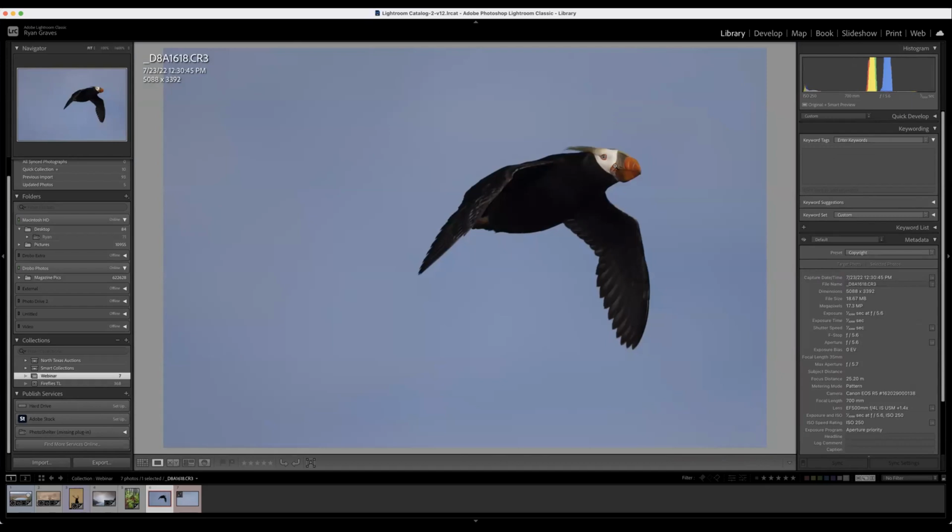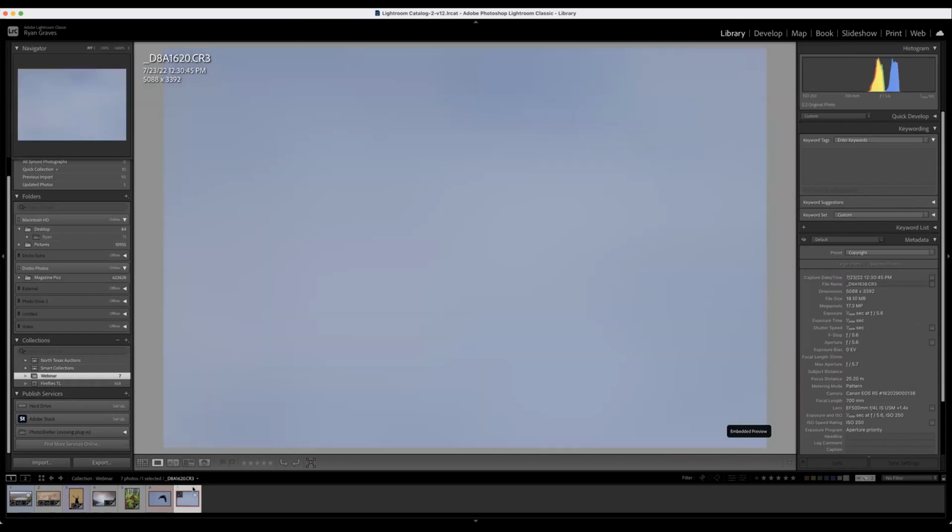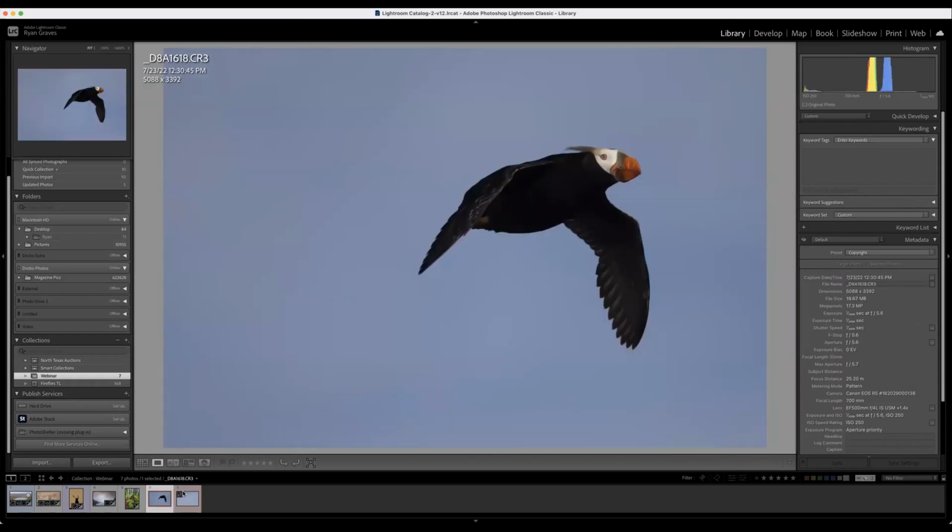Because if you've ever photographed puffins before, they're super fast. And so what I coach people on is, whenever you're taking pictures of birds, always take a picture of a blank sky that's in the approximate same area where that bird just flew through, in the same light. And then you can combine them later. So I've already got them preloaded